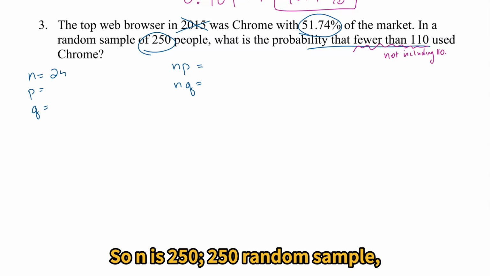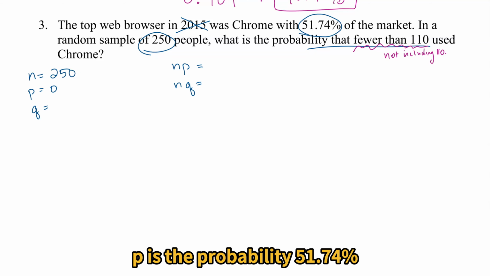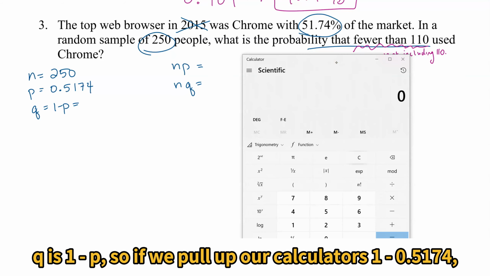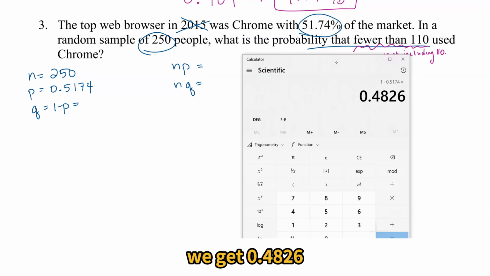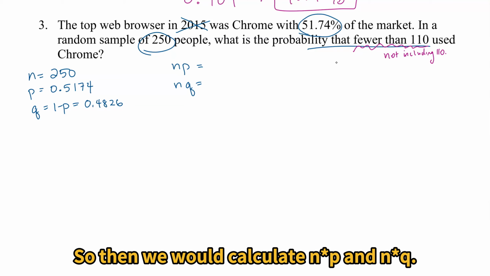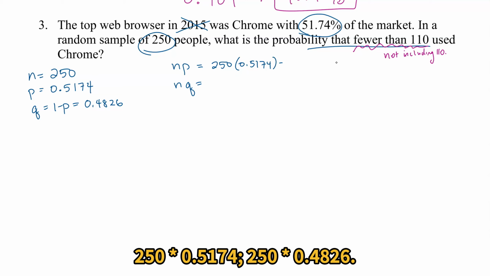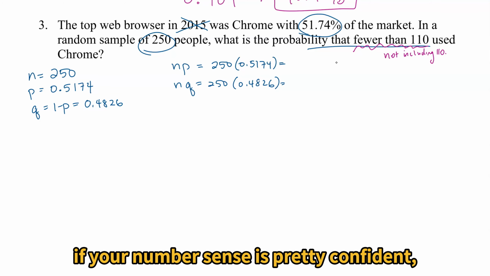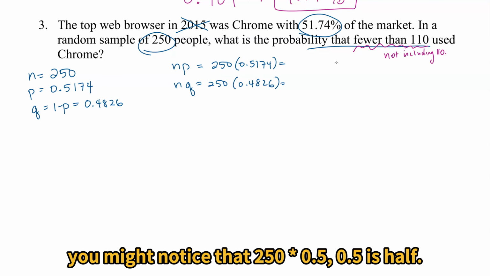So n is 250, random sample. p is that probability, 51.74%. q is 1 minus p. So if we pull up our calculators, 1 minus 0.5174, we get 0.4826. So then we would calculate n times p and n times q. 250 times 0.5174, 250 times 0.4826. Now before I dive too deeply into this, if your number sense is pretty confident, you might notice that